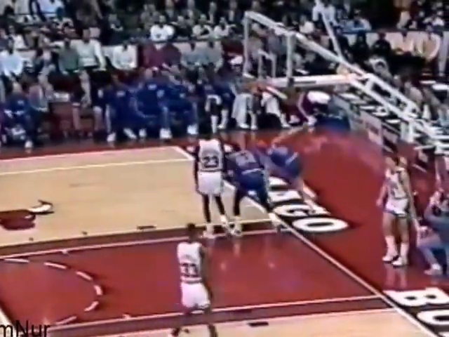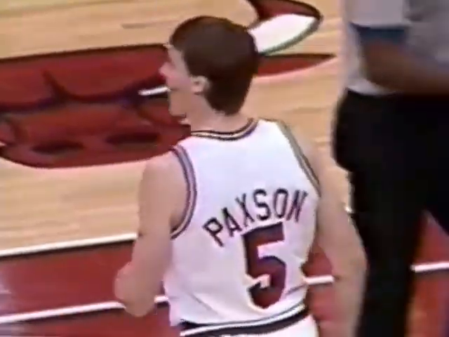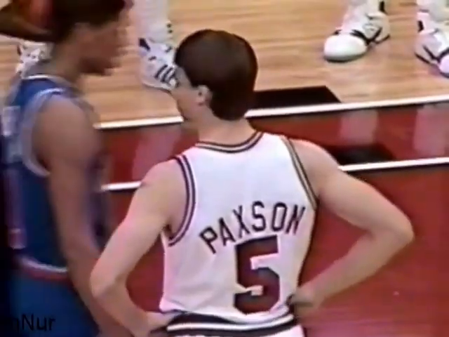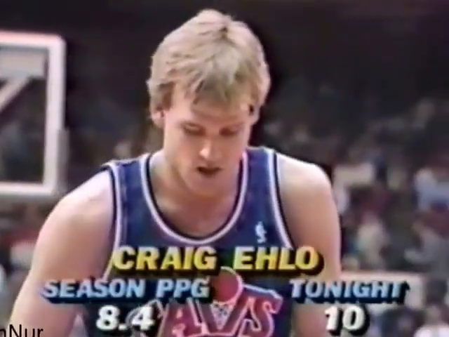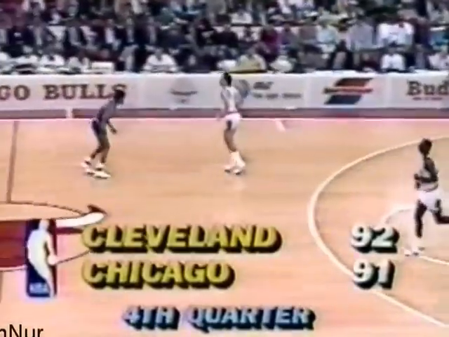And the game is tied. And a foul on John Paxson. Craig Elo on the line. Paxson with his 5th. Oh, I'll tell you, this club has been so tough. Elo comes down. He sees Pax there. He makes a little move to the middle. Comes with the right hand, underhand, and it's in. 19 straight free throws by the Cavs tonight. 4:45 remaining. Rims it in, and Cleveland with 20 in a row from the foul line, and they lead it by 1,